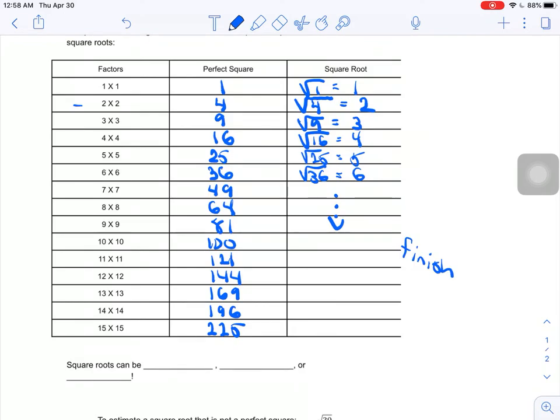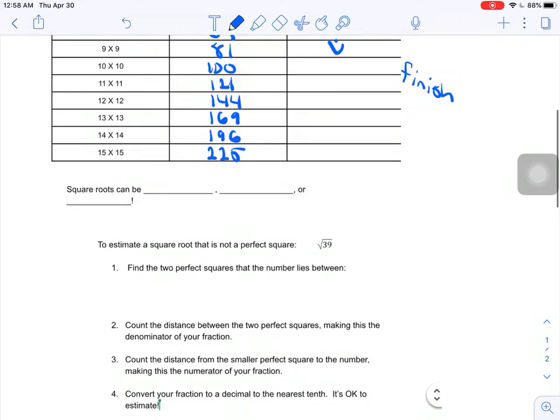Now, something interesting about a square root, and it's not written in the table, but it's something to be aware of. So square roots can be positive. Sometimes you might have something like this where it very specifically says the positive square root of 9. Well, that would be 3. Square roots can also be negative, though,